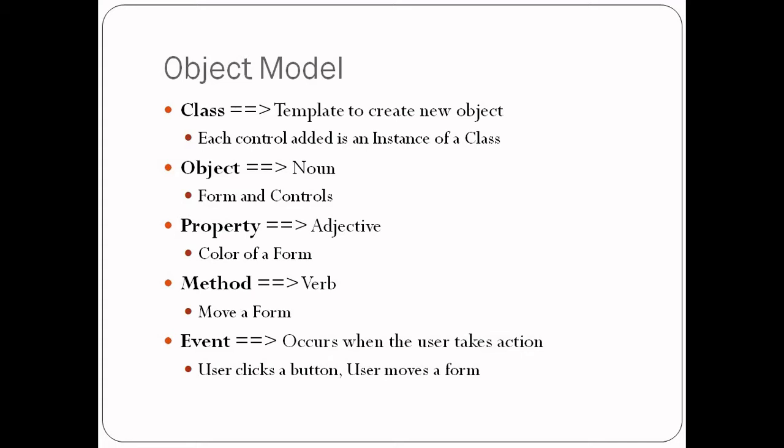Property is nothing but a quality that these controls or these tools have. For example, one of the qualities that our students have is that they are very clever. And the other quality that our students have is that they are very, very silent in the classroom. So what is a property? Property is nothing but the qualities of the objects or the controls that we select.